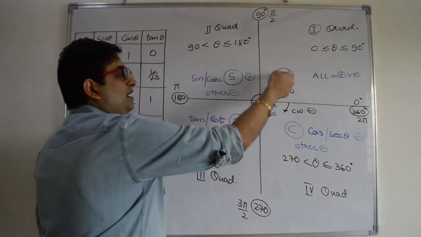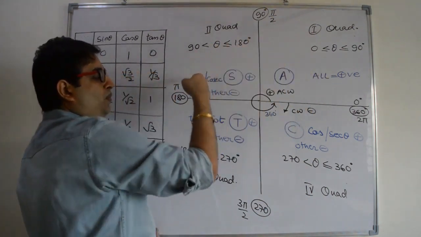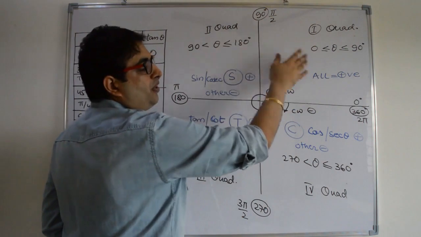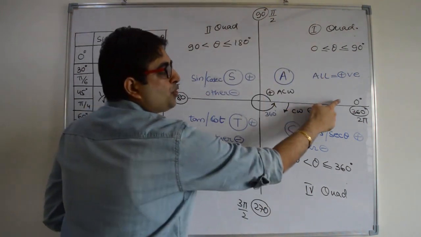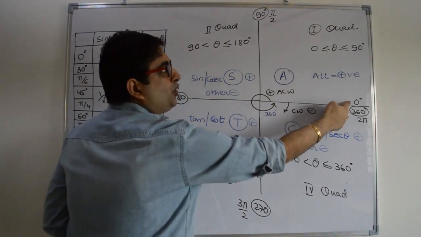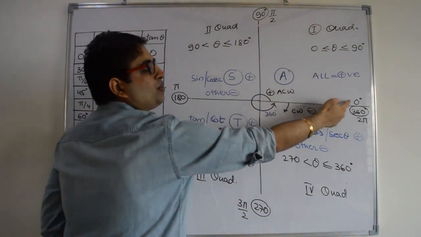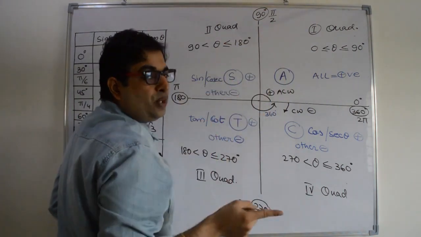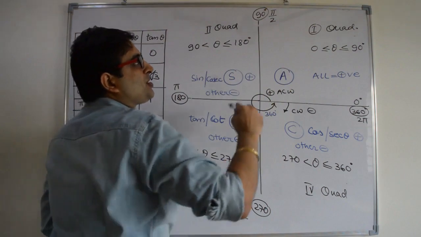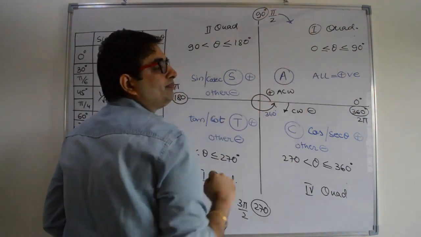So this is according to anti-clockwise sense. First quadrant, second quadrant, third quadrant and fourth quadrant, each of 90 degree angle. In the first quadrant, the angle will be between 0 and 90, including the corners also, 0 and 90. 0 degree is in first quadrant, 90 degree is also in first quadrant, right? That is why the equal to sign.